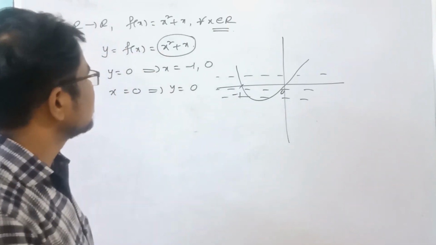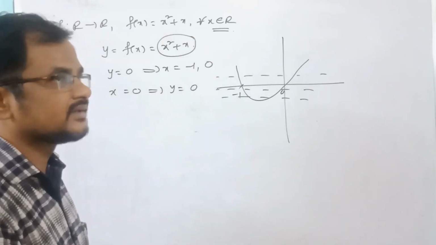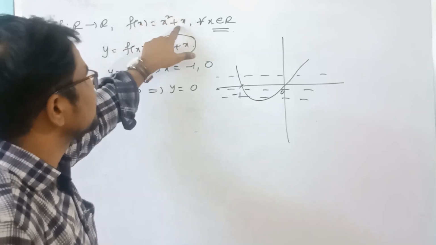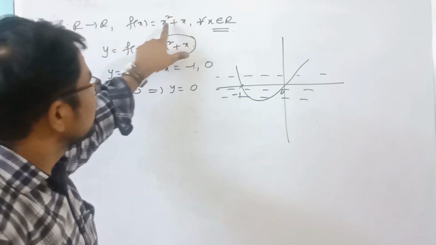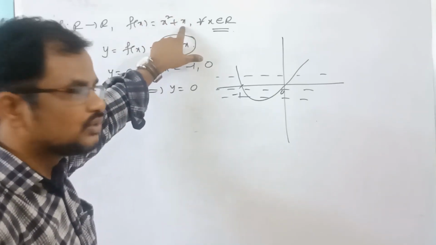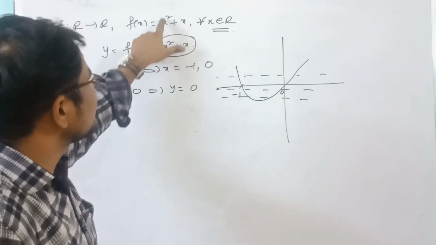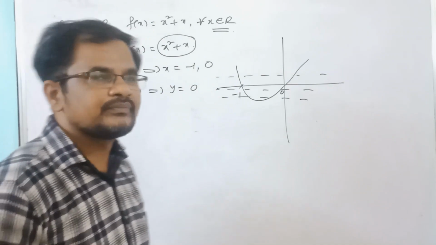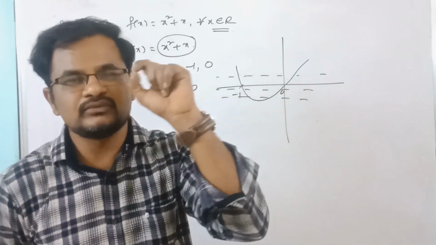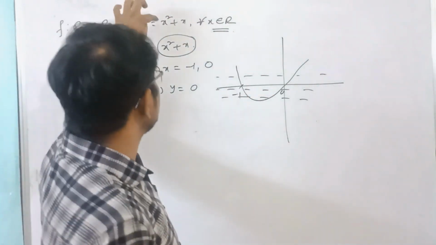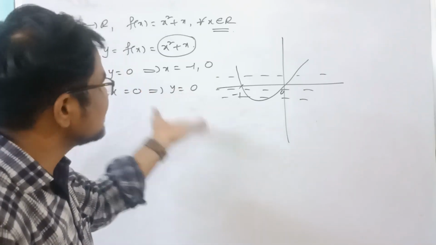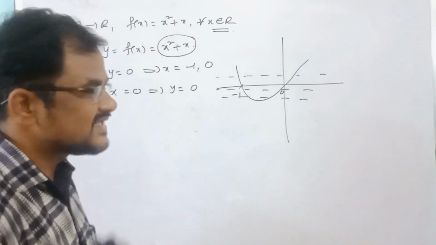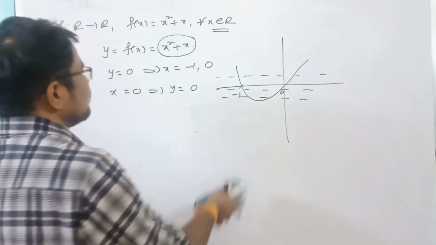Many to 1 function. Otherwise, take some real numbers. For x equal to minus 1, you take minus 1 whole square plus 1, which is 2. For x equal to 1, 1 square plus 1, which is also 2. So for the two values, minus 1 and plus 1, there is the same image. That's why it is a many to 1 function. Like that, you can observe whether a given function is many to 1 or 1 to 1.